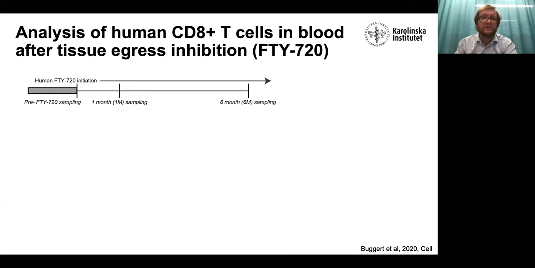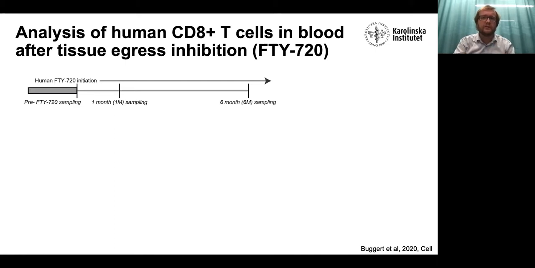So what we initiated was a collaboration with other physicians who are treating MS patients with this drug called FTY-720. And this is a drug that inhibits tissue egress of T cells, and B cells to some degree as well, by working as a superagonist for this S1PR1 receptor that I talked about before that CD69 can downregulate. So essentially what we did here was to take blood samples before FTY-720 treatment, 1 month afterwards and 6 months afterwards, to really see what happens with human CD8 positive T cells when you block cells from going out from